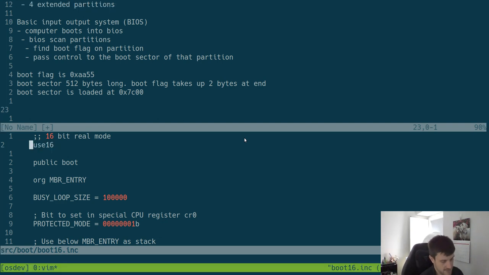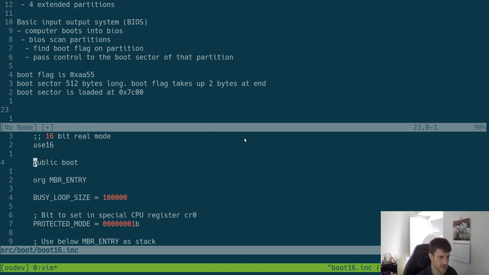Other dialects like NASM and GAS have similar kinds of commands. It's not really a command, but something that will say it's 16-bit. This public boot is basically saying I'm exporting a boot, because the way I assemble my entire operating system is